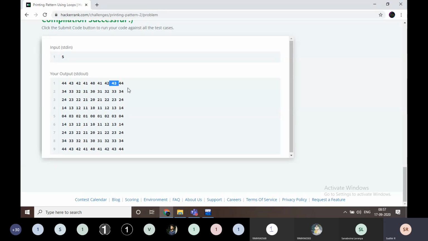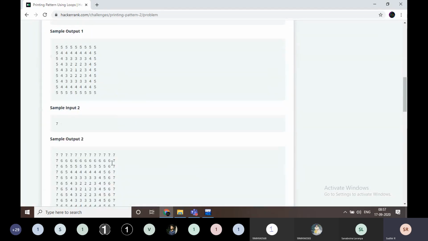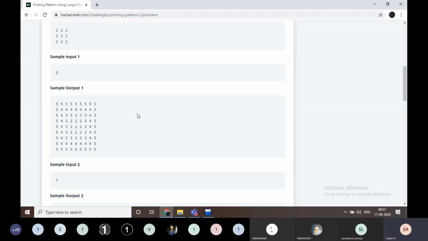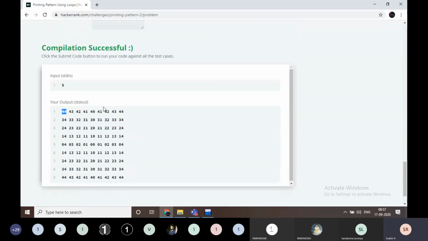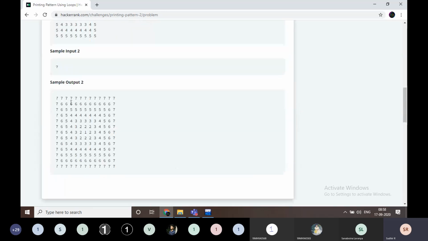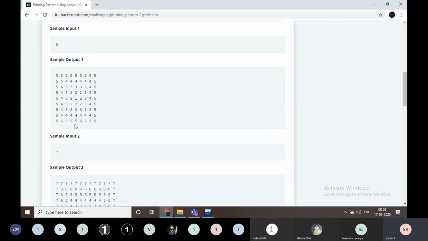Just look at here every time. But I want here, instead of the i and j value 4, 4, I want 5. Yes, I want 5 here. Here also, instead of 4, 3, I want 5. Instead of 4, 2, I want 5. 5, 5, 5, 5. This is also 5. Just the border is going to be 5, right? The border is going to be 5.